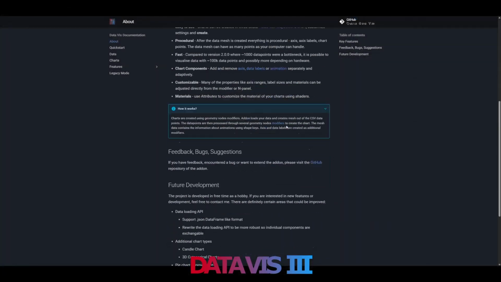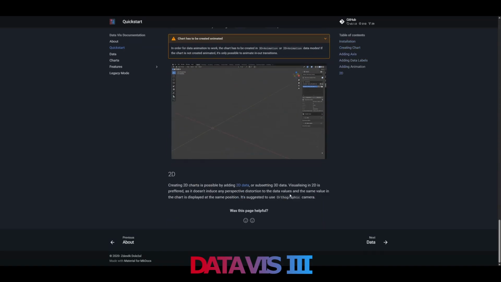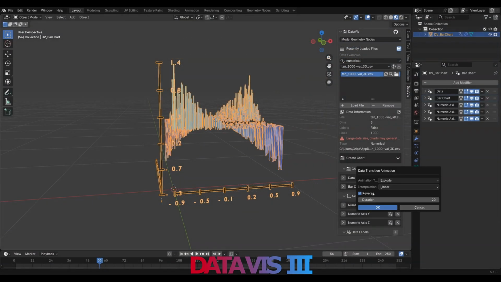And that's not all. The add-on got a fancy new documentation, there is a lot of new animated features, and everything is much more